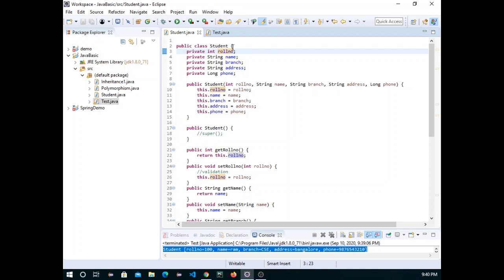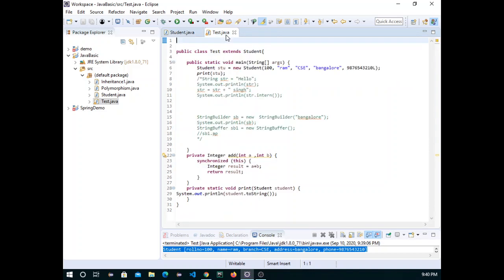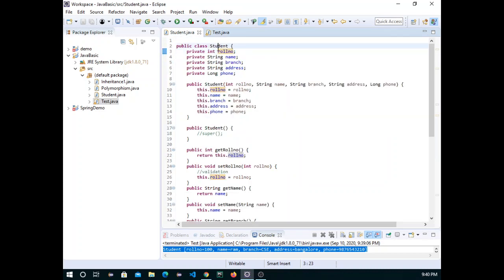Basically I will provide one layer over this. If someone tries to access it, he has to create the object of this class, and only then can he access it. Through the object only he can access, and also through the object only he can update the data. That's why we use encapsulation. Hope this is clear to you.